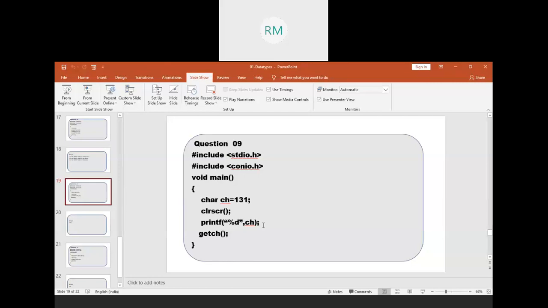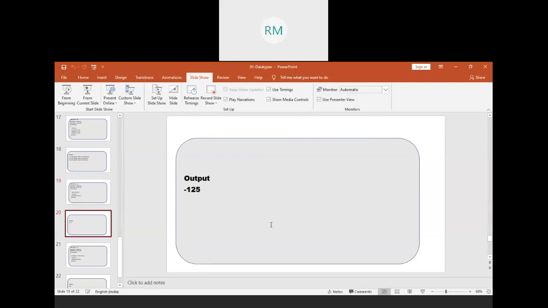Very simple. Subtract this minus 125 from 256. You will get a positive value, that is nothing but the complement value. That equivalent ASCII value it will print. Getting it? So if I print %d, which is a format specifier to print the integer form, it will print minus 125. But if I print %c, then it finds the complement of that value using 256 and prints that equivalent ASCII character. So that is the logical point.